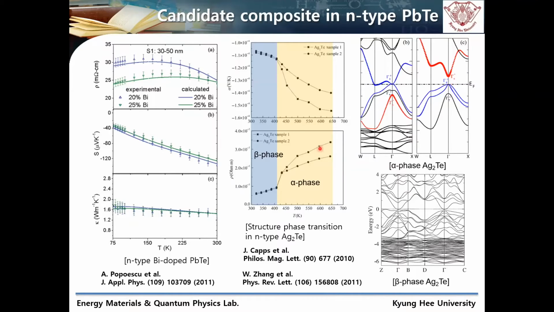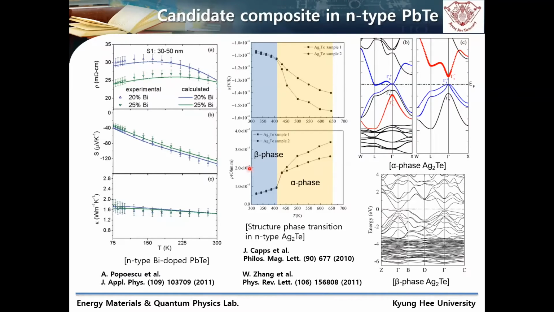The alpha phase is a semiconductor state, and the beta phase is a metallic state. Therefore, the metallic to semiconducting transition can be considered a structural phase transition. We can compare before and after this structural phase transition, because the potential can be different on these two